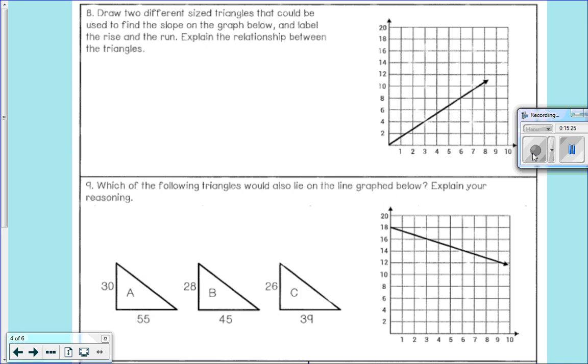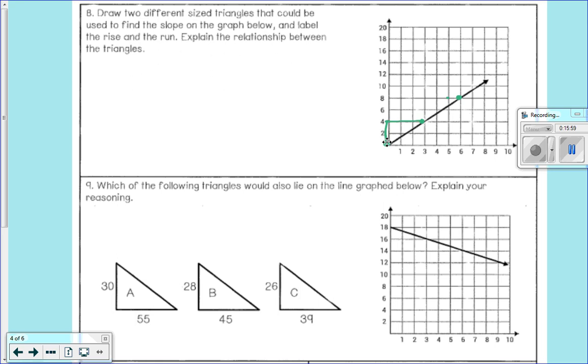Alright, you're going to draw 2 different sized triangles that could be used to find the slope on the graph below and label the rise and the run. And you're going to explain the relationship between the triangles. Okay? So the 2 triangles that I did, first I got to pick my points, right? Here and here. I'm going to draw my right triangle. Okay, I can also choose this one. And my triangle could go from here to here, but I